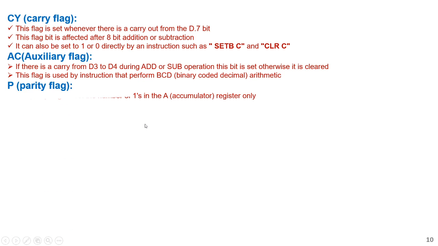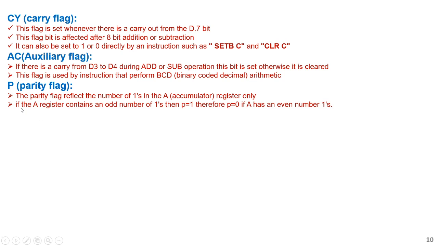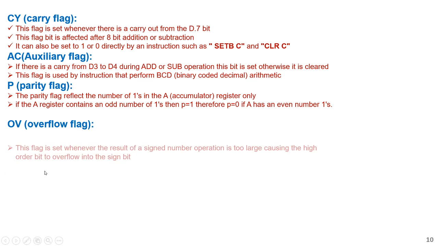Parity flag. The parity flag is set when the accumulator register is updated. If the accumulator contains an odd number of ones, then the parity flag will be 1, and if an even number of ones, then the parity flag will be reset. Overflow flag.